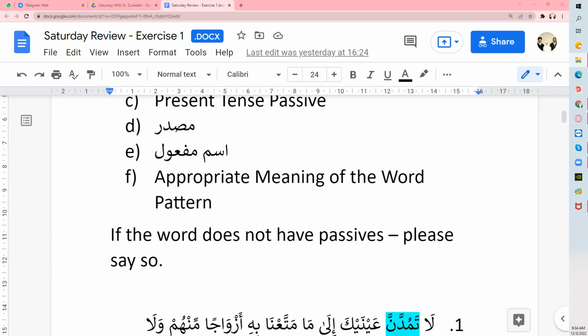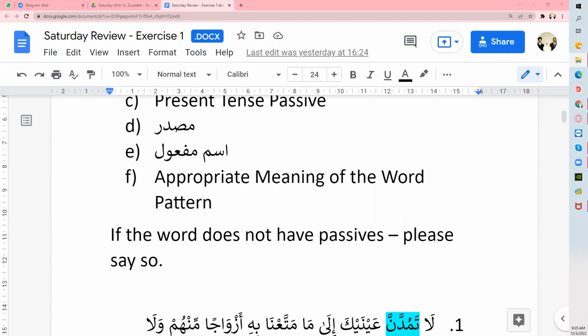Are you able to type, or do you want me to type, Sister Kasma? Have you opened your Google document? Oh, no, I have not opened my Google document. Okay, so then you say what you think the answer is, and I'll type it in for you, because this is the first time you're doing this, so maybe it's a bit difficult to get the hang of.